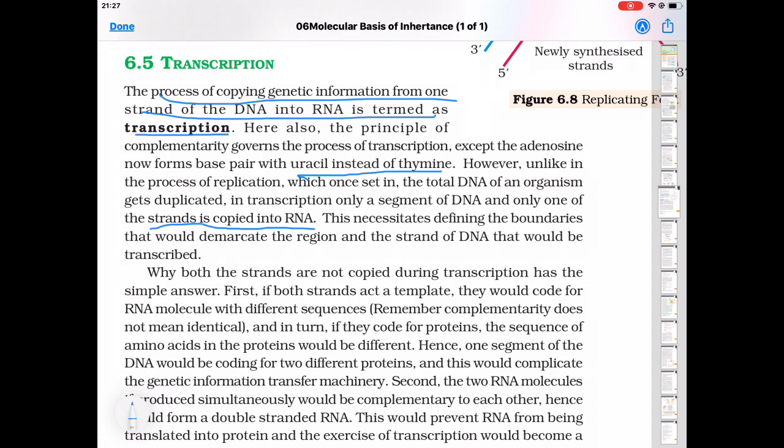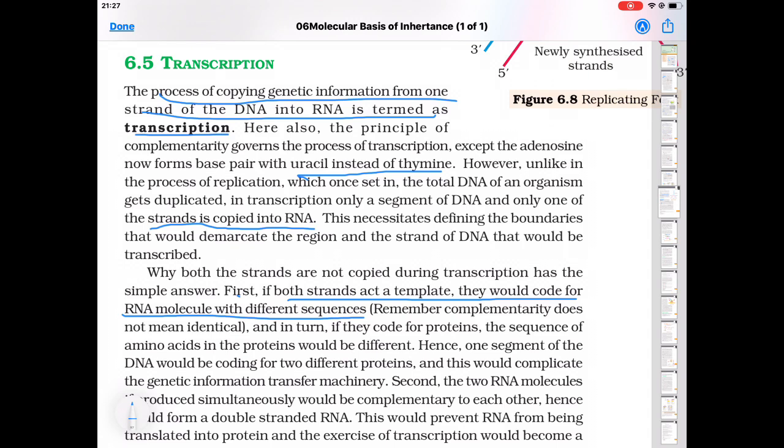Now the question arises: why are both strands not copied during transcription? Answer: first, if both strands acted as a template, they would code for RNA molecules with different sequences, because both are complementary but not identical. So they will form their own complementary bases,